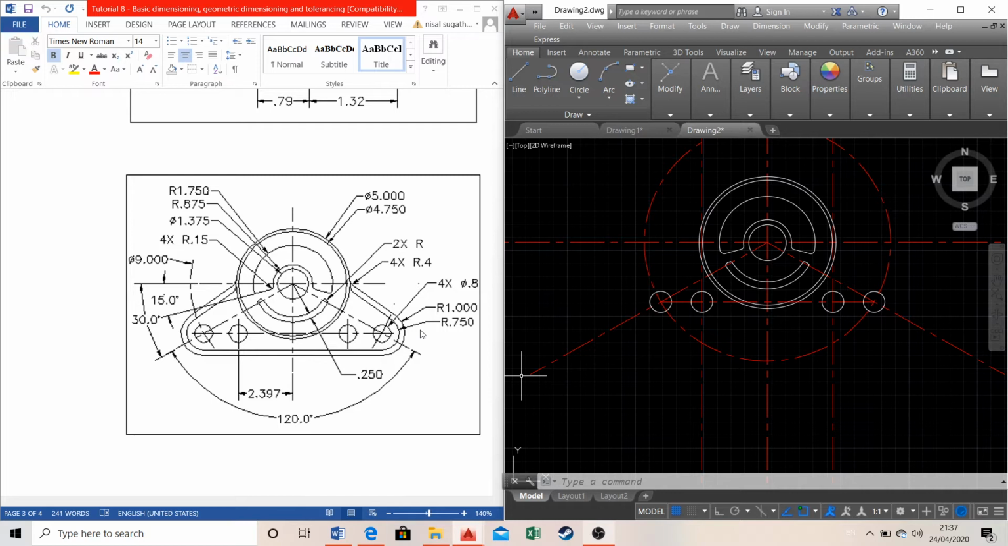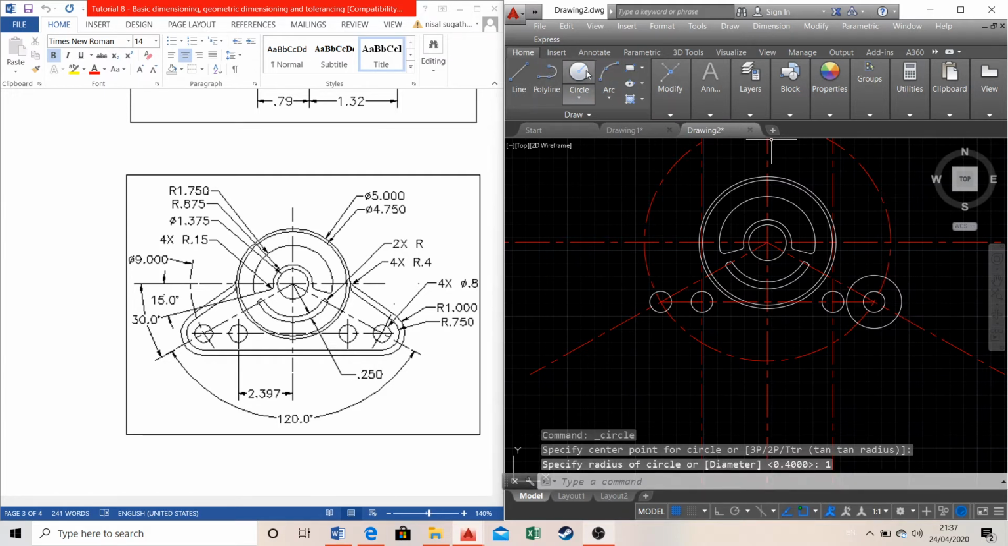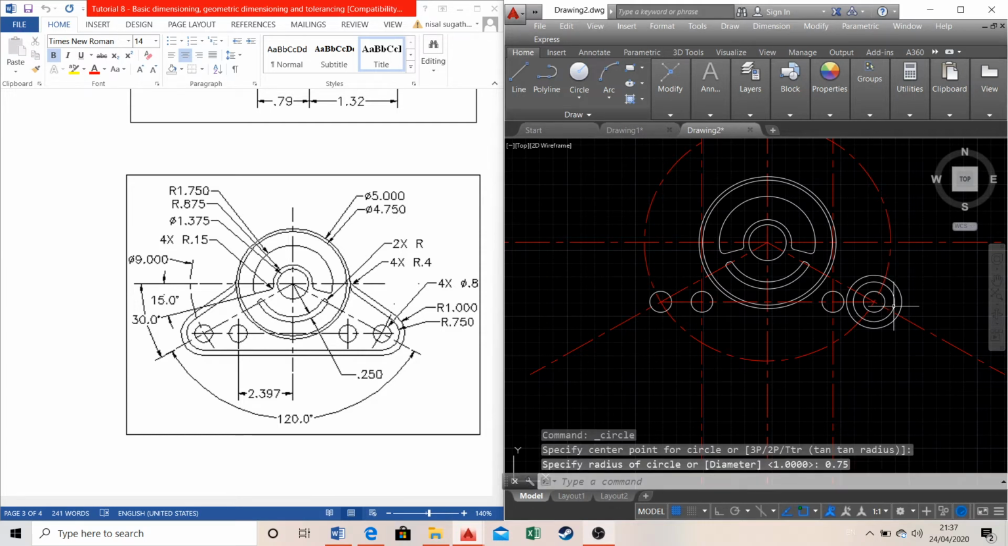And now what you need is to draw these two circles. So these fillets are given as radius 0.75 and 1. And it's running about this center point. So you can go to this point and draw a circle with radius 1. And similarly you can draw a circle with radius 0.75. Select OK. So now that that's done,